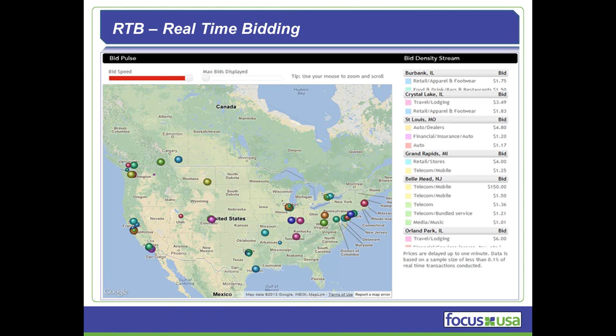RTB allows buyers and sellers to increase efficiencies, but also build long-term sales relationships in a transparent manner. Smart advertisers leverage RTB as one of the many ways to target audiences, wherever those audiences might be in the